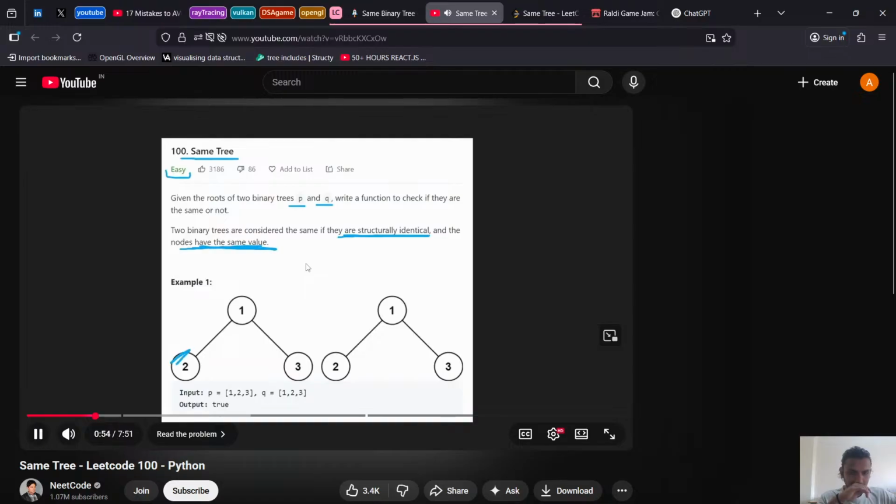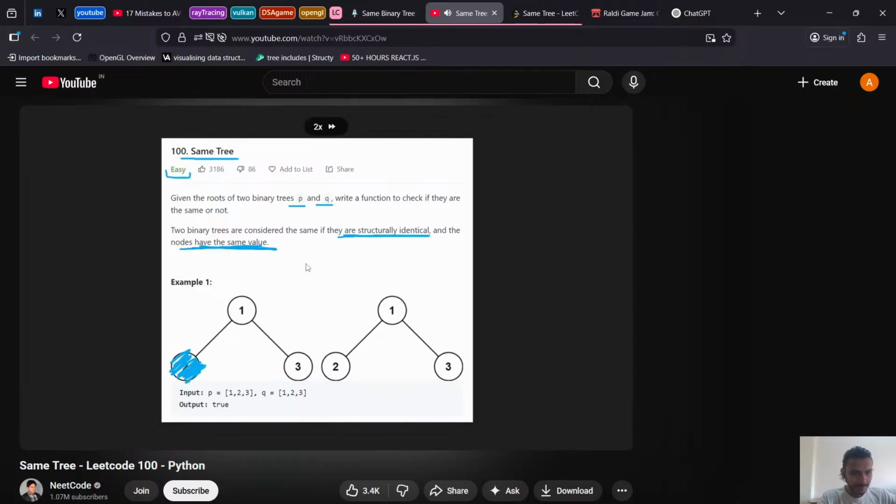I got rid of one of these nodes, right? Let's say I just got rid of this, then it's definitely not the same tree, right? Or if I took this value and changed it, let's say to a 10 or whatever, then it's also not the same tree because the values in this case are different, right? The main thing to notice with this problem is it